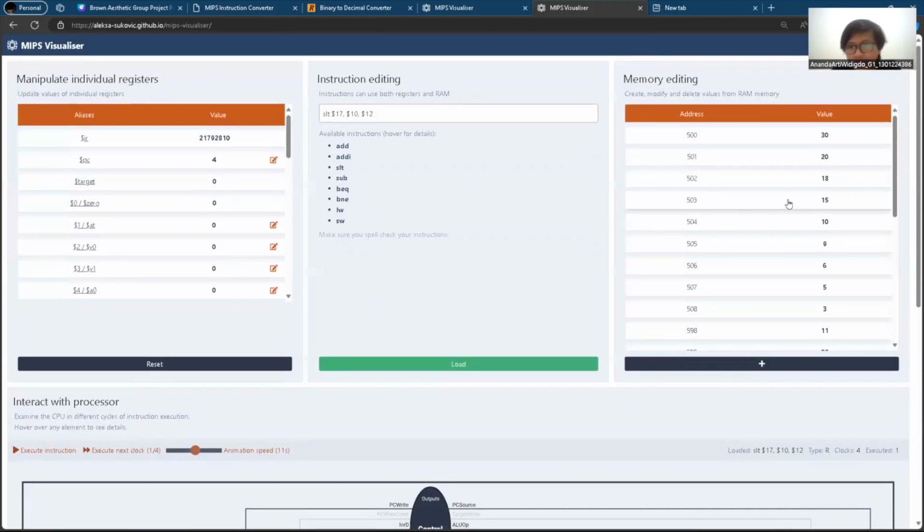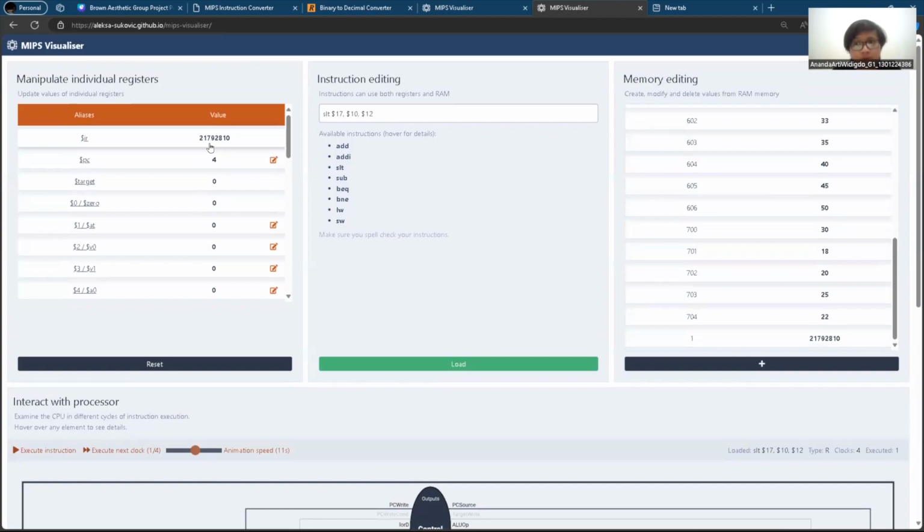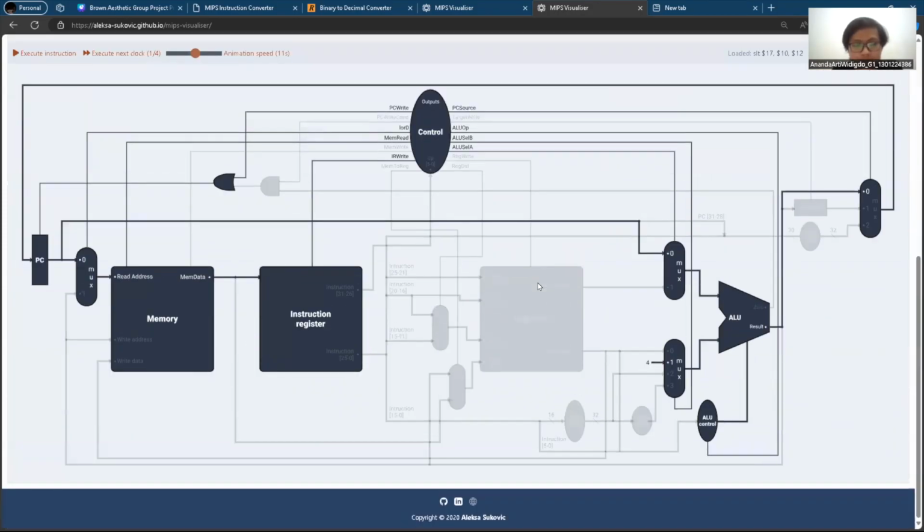So I think what changed from the previous step in register memory is these two, and in data memory there is a new address value, which is the same as the instruction register, at the first address of data memory. So there's the 21792810 value in the first address of data memory. Okay, so after that,